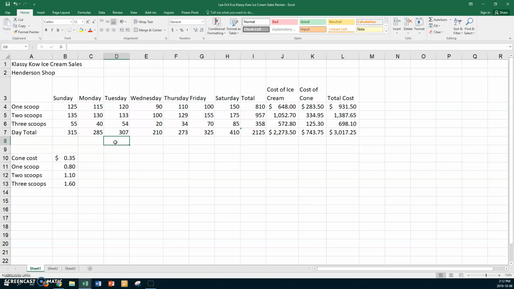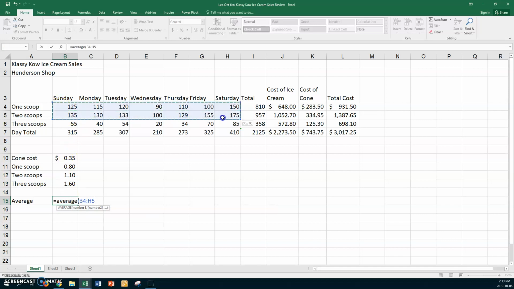And now something else. You've been asked for average, okay? So we're going to go to average. All right, so we want to average. It says to you, calculate the average of all the cones that were sold during the week. So we've got equals average. All right, open your parentheses, and it said all the cones during the week. So we have from Sunday to Saturday, there's all the cones that were sold. And our average is